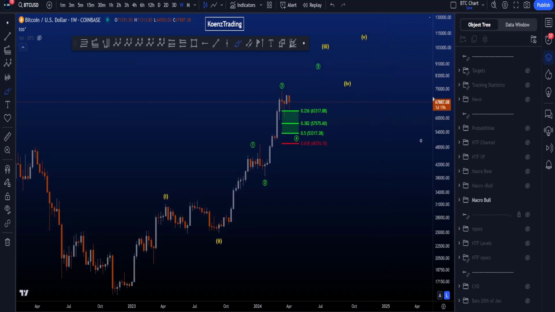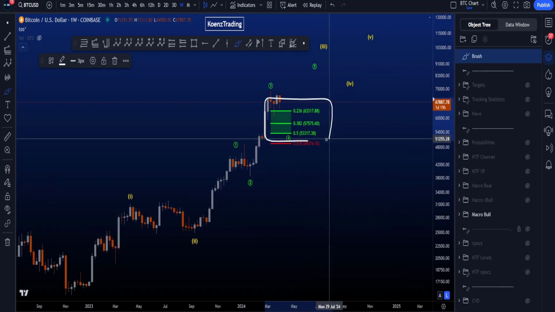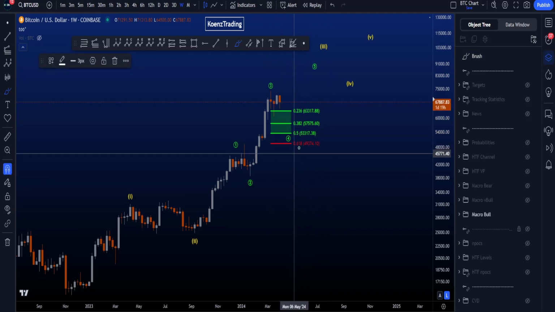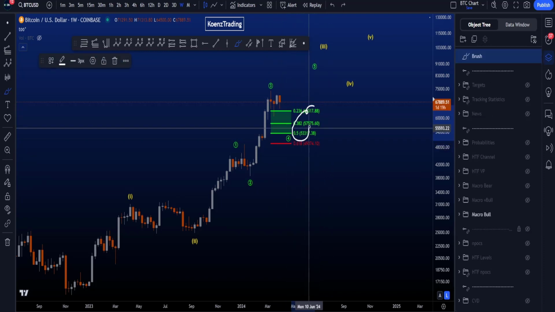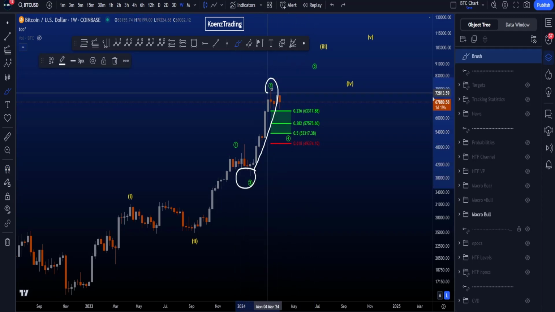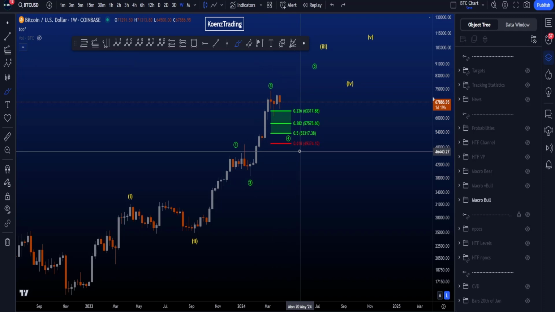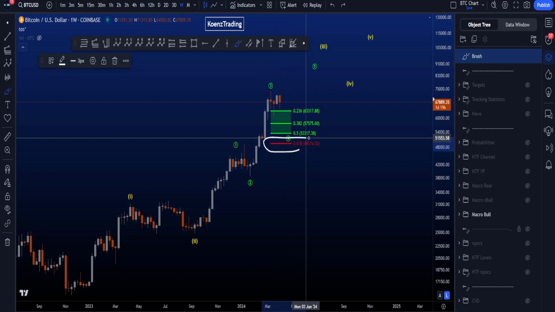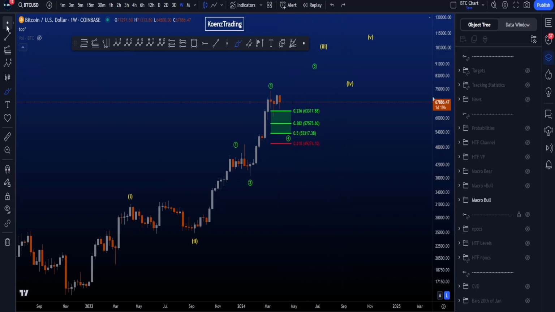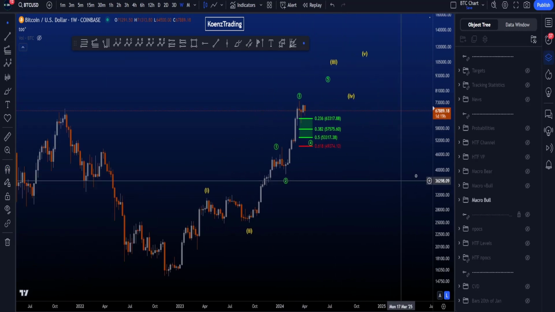In this scenario, for this wave 4, we are looking at the green box. This is the common target area for a wave 4, 0.236 to the 0.5, 63.3k to 53.3k, with the fibs taken from the low of 2 to the high of 3 on the logarithmic chart. The invalidation is the 0.618 at 49.3k, and the reason I like to use the logarithmic chart is because we